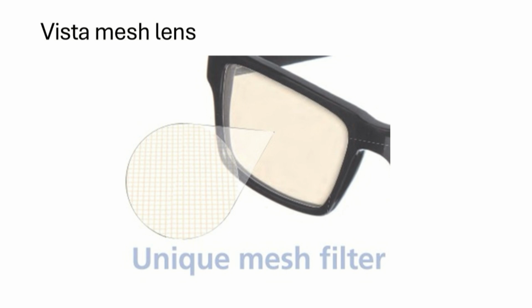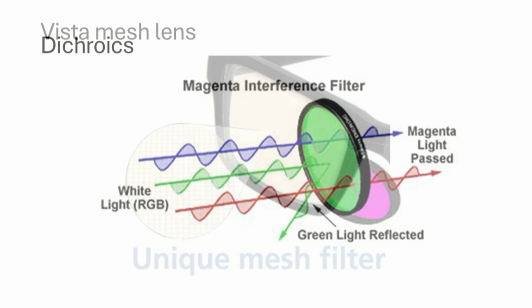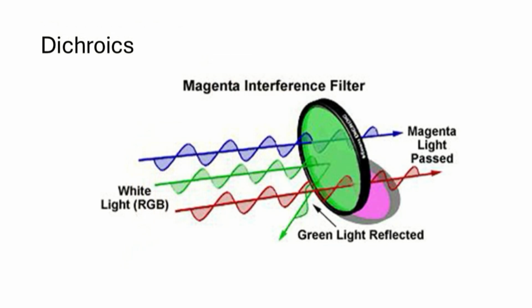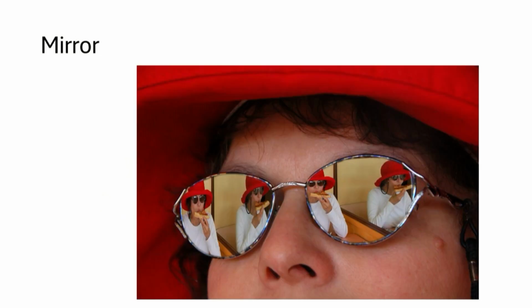Dichroic lenses, also known as dichroic filters or mirrors, are optical components that selectively transmit light of certain wavelengths while reflecting others. They are constructed using thin film technology, which involves depositing multiple layers of dielectric materials onto a glass or transparent substrate. The unique properties of dichroic lenses come from the interference of light waves as they pass through or reflect